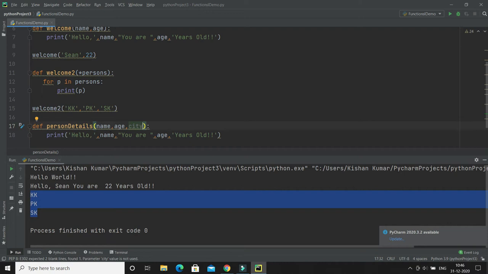Now when I need to call this function, I'll prepare a message.